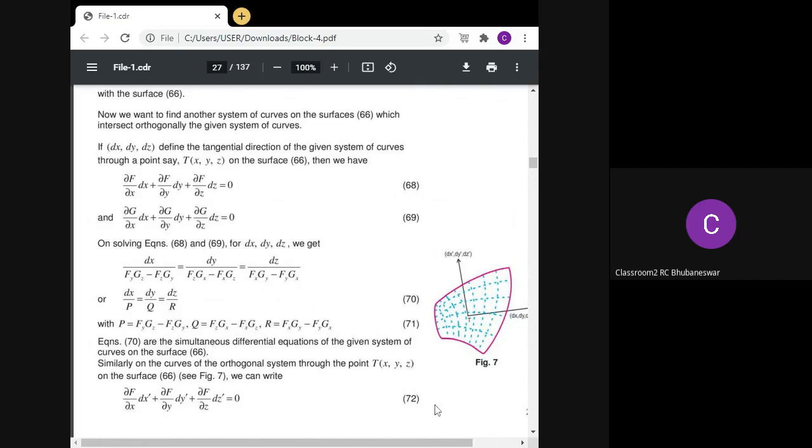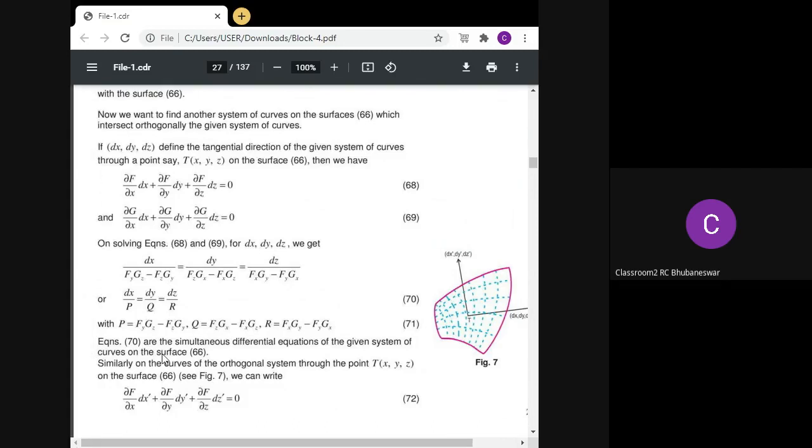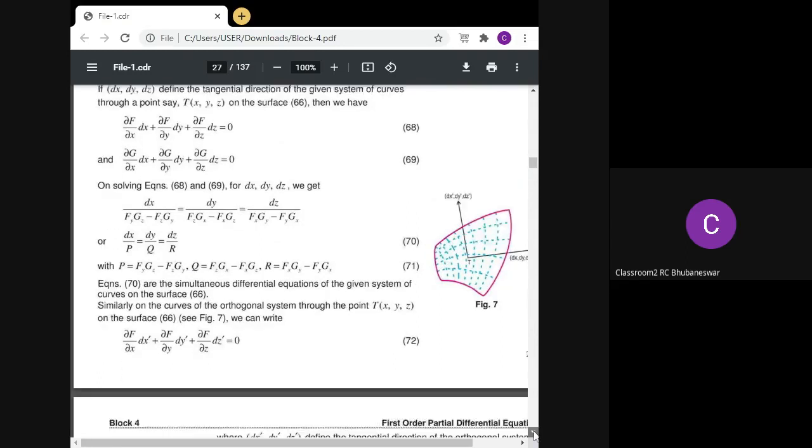So now here in this figure, as you can see, dx, dy, dz. Suppose this is the expression of this kind of straight line that is a tangent to the curve, and dx dash, dy dash, and dz dash is another expression of this kind of straight line, which is also a tangent to another curve, and both are intersecting at 90 degrees. So according to the values of p, q, and r,